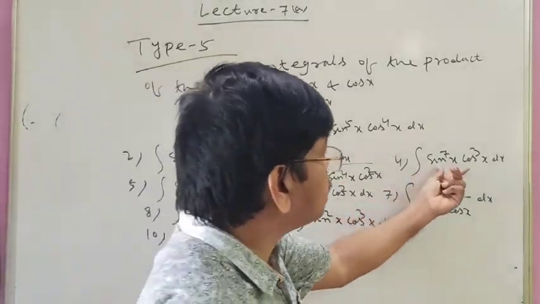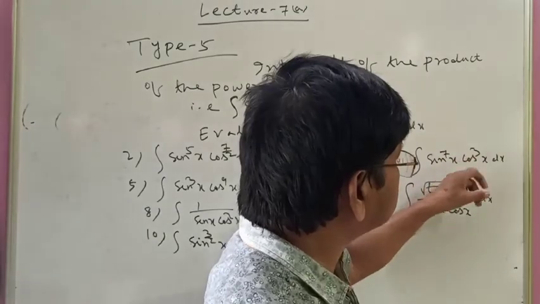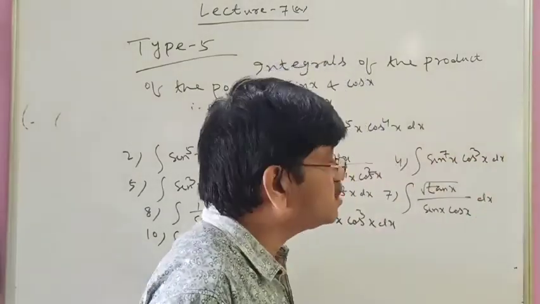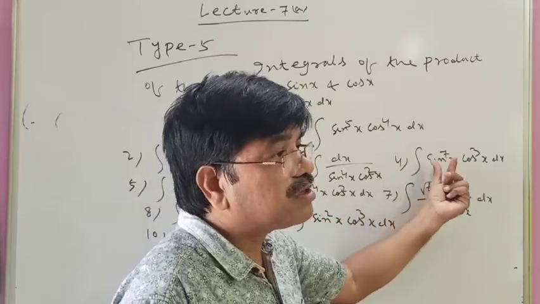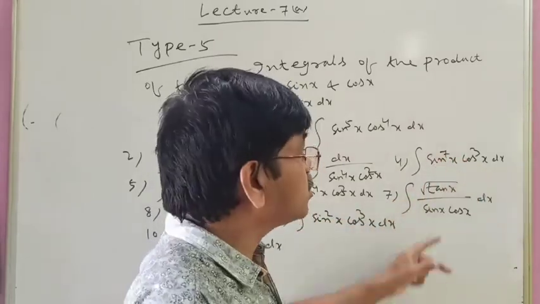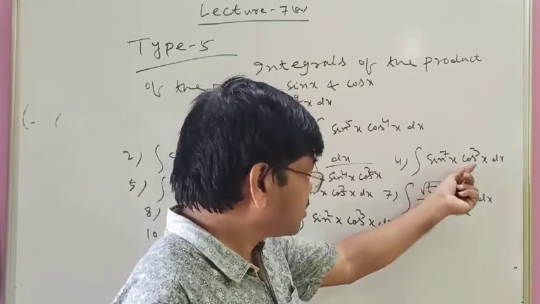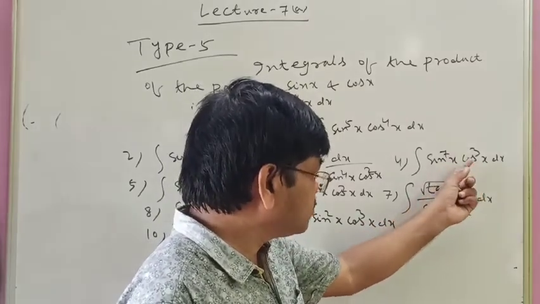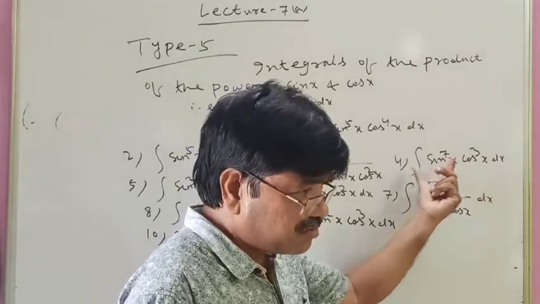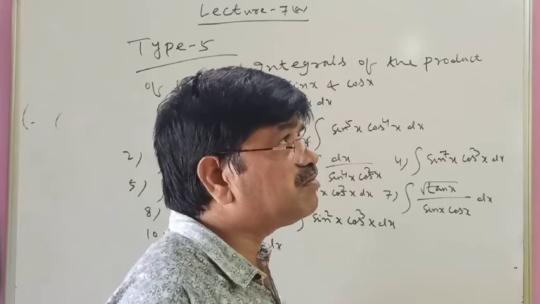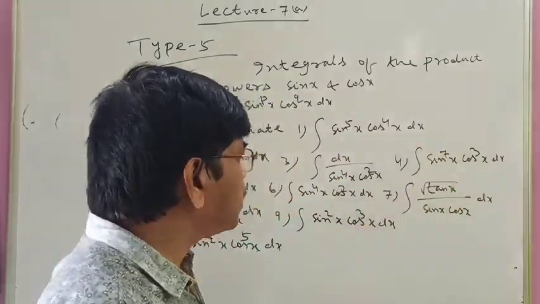And here both the powers of sin x and cos x are positive odd. Here power 7, here power 3. So we have discussed this case. You will take sin x is equal to t, because whichever power is bigger, you take that one as the substitution. Here the power of sin x is bigger than the power of cos x. You can also take cos x equal to t, because if the power of sin x is odd you can take cos x equal to t, and if the power of cos x is odd you can take sin x. So both you can take. But for time saving purposes, remember that when both powers are odd, whose power is bigger, you take that one.